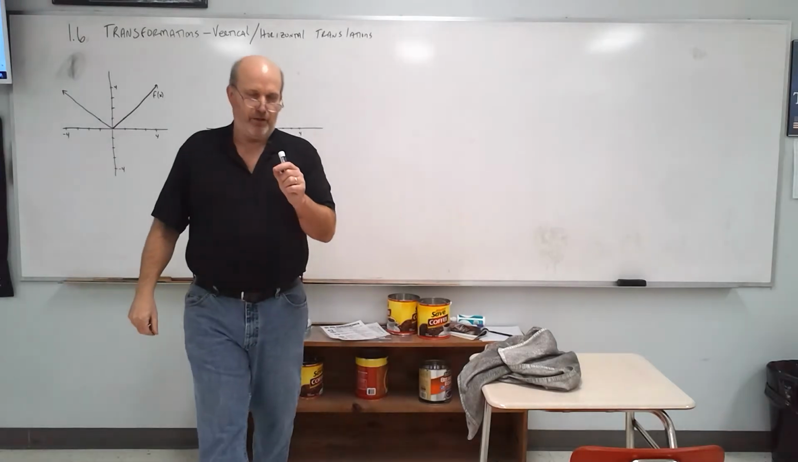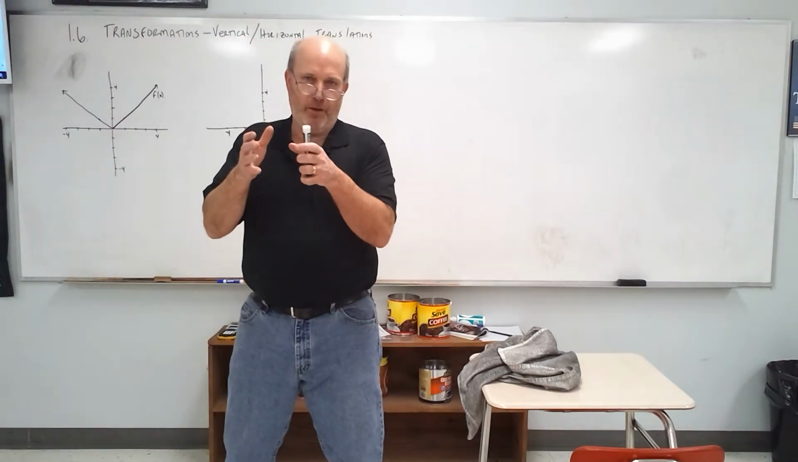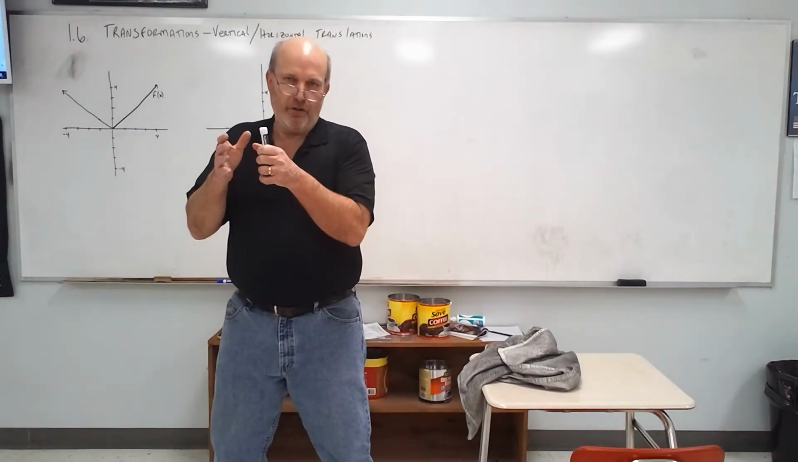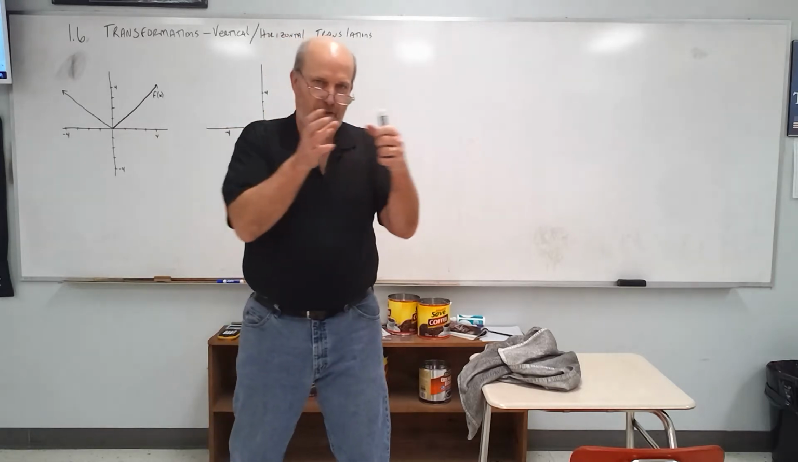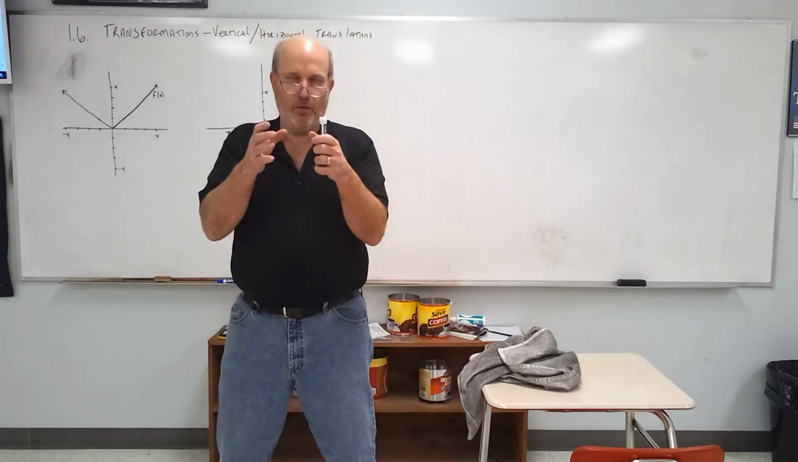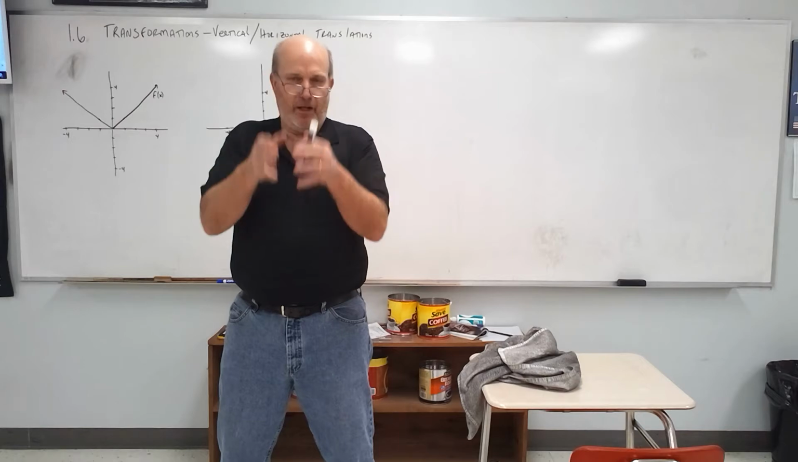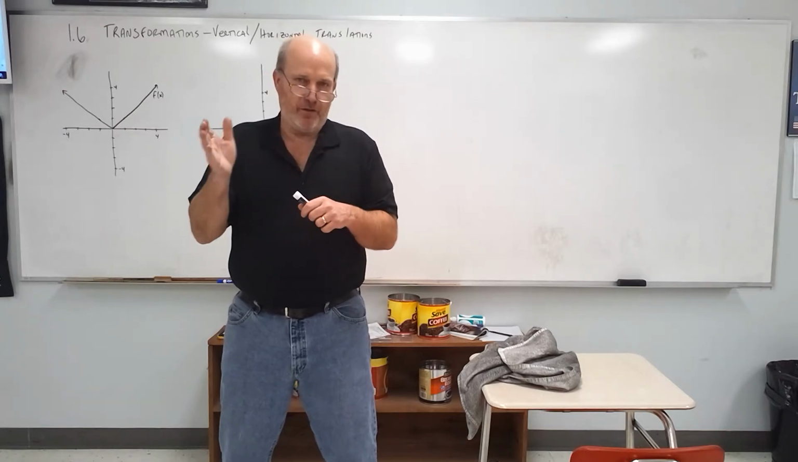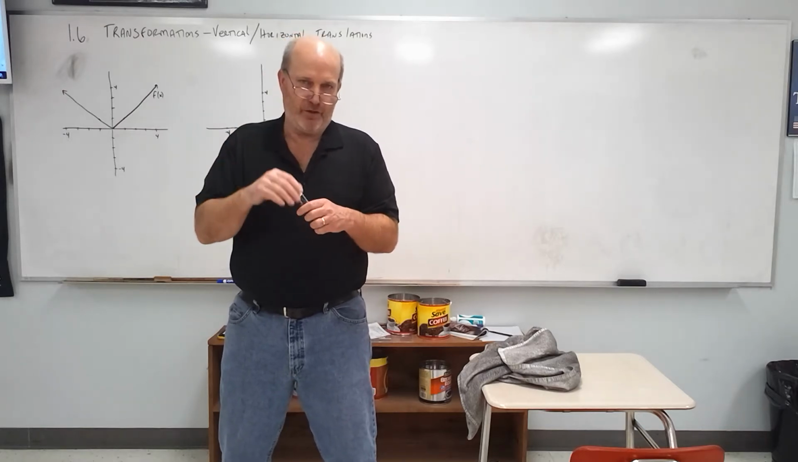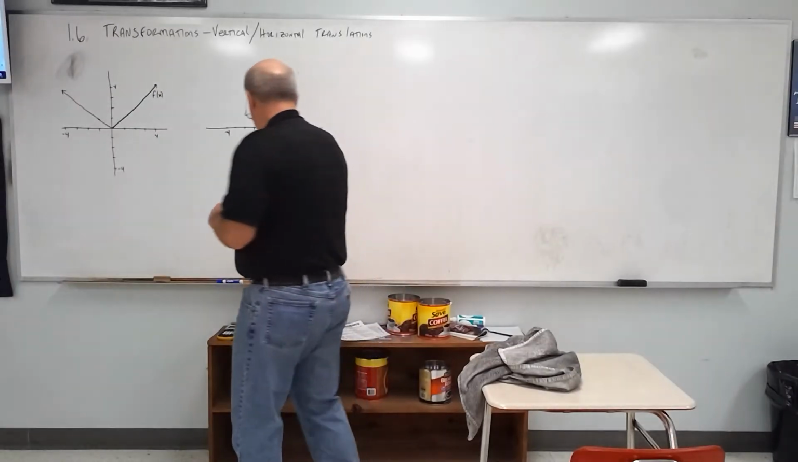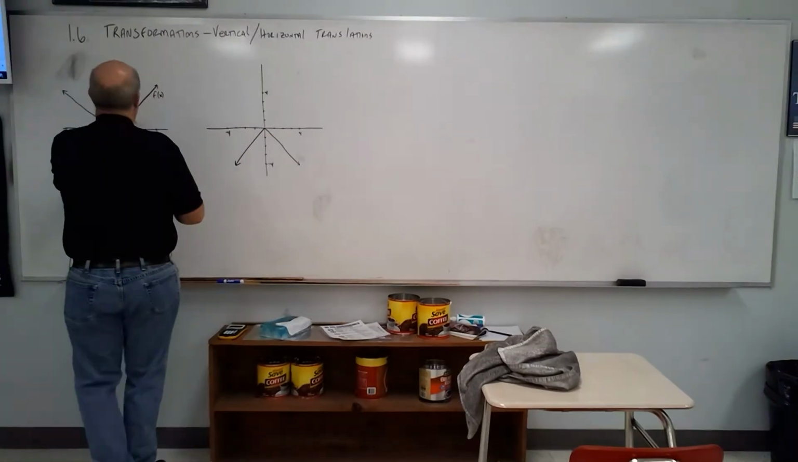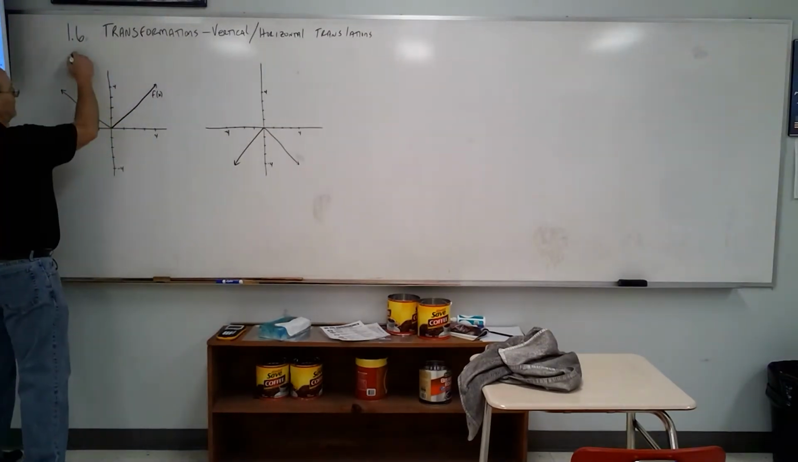A translation takes every point on the graph of that function and shifts it. It moves it either to the left or the right, or up or down. Horizontal translations move left and right. Vertical translations move up and down. So if we were going to make g of x, some function g of x, a horizontal translation